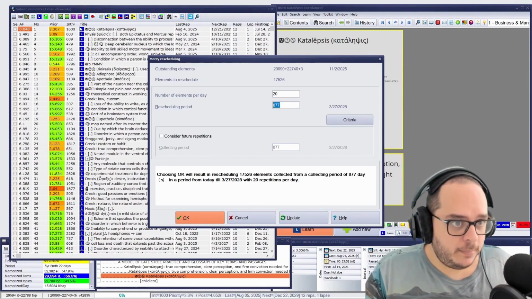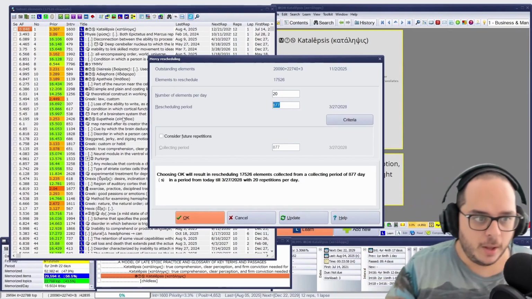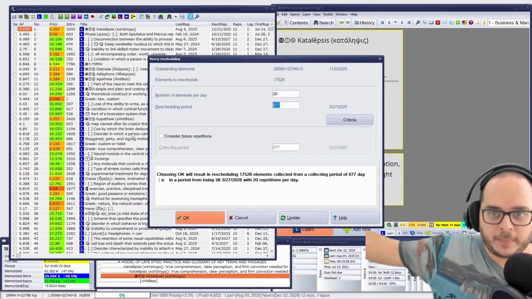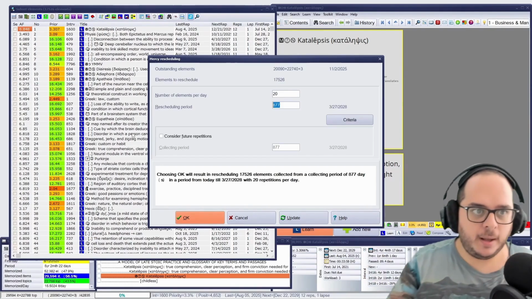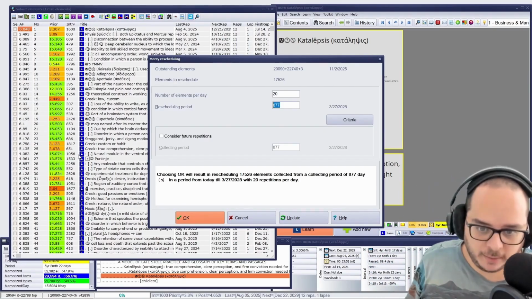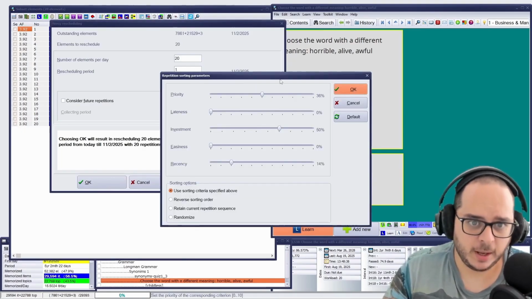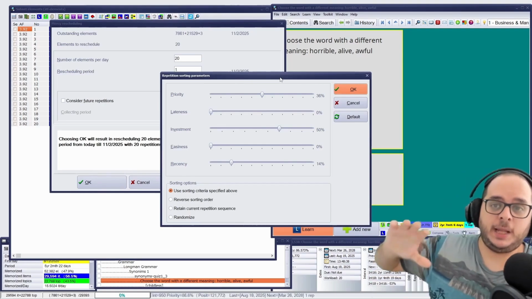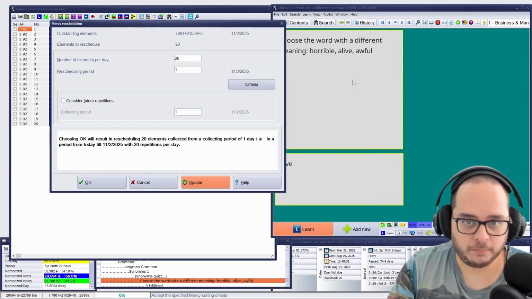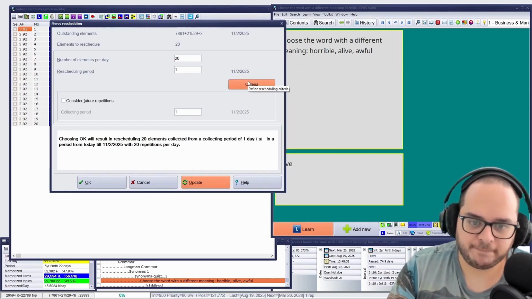You just spread equally by the order of appearance. That means the first 20 that appear, boom, tomorrow. From the 21st to 40, the next day. Pam, pam, pam, pam. Regardless of the interval they have and so on. This is spreading. Then, don't take the criteria into consideration. Just leave the defaults. This is especially useful when you use the real mercy for the entire collection, not the subset mercy, also known as postpone. Leave the defaults. For the fluency, we won't tackle that.